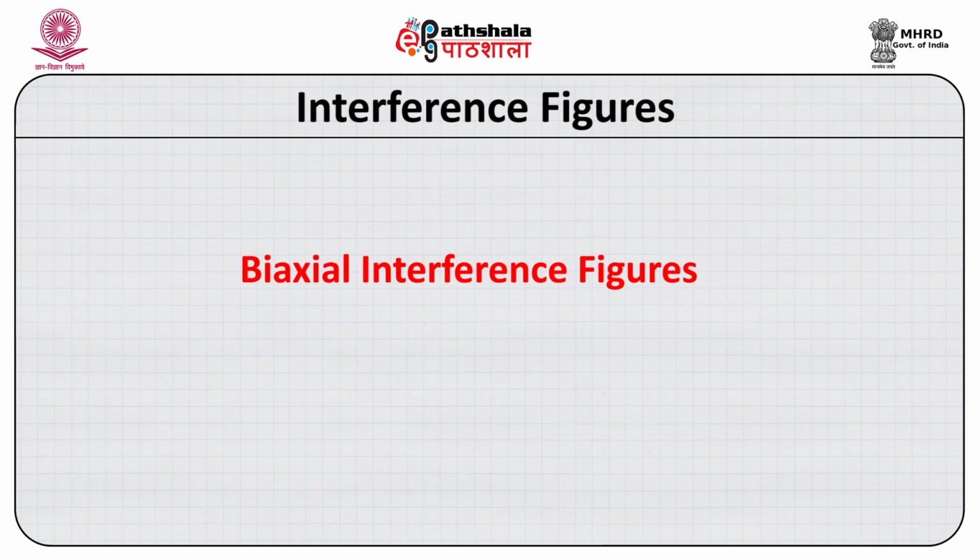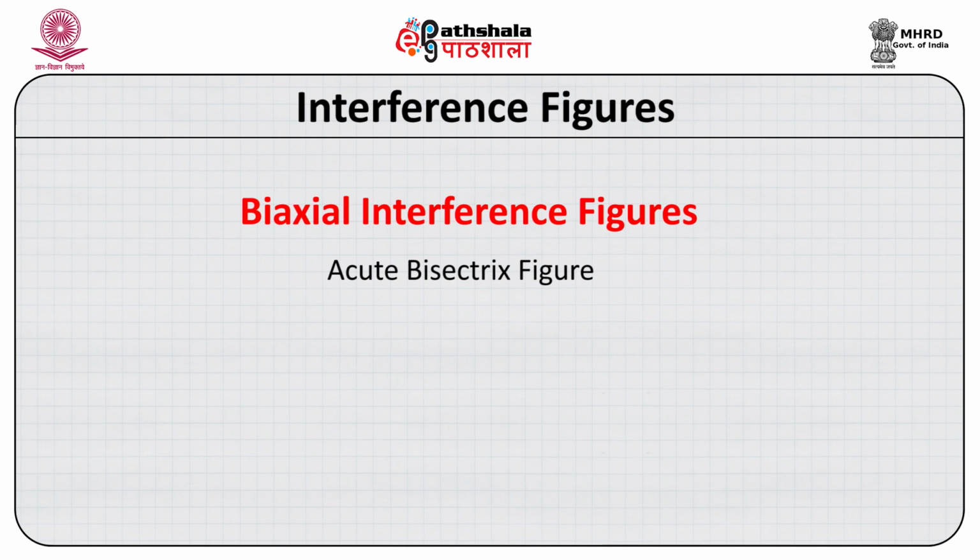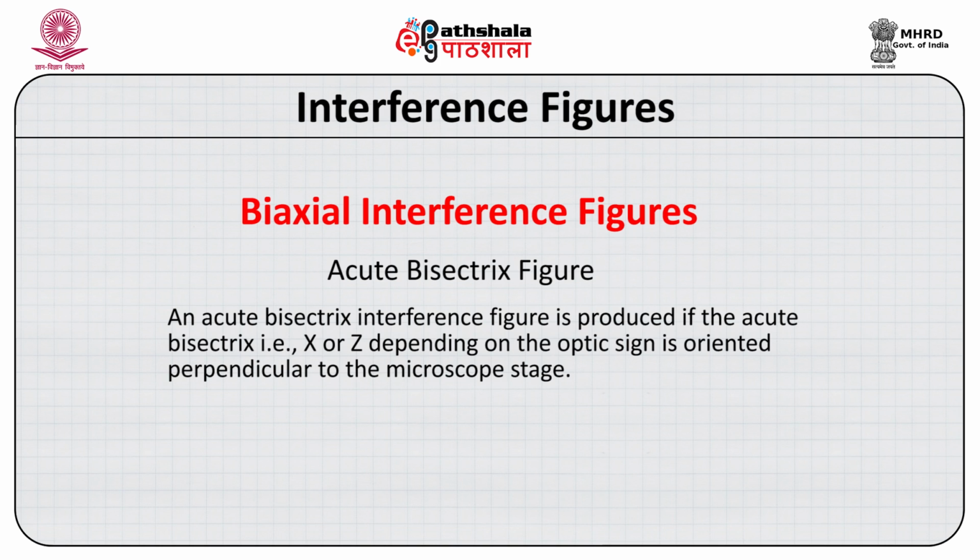The most prominent of the biaxial interference figures is the acute bisectrix figure. An acute bisectrix figure is produced if the acute bisectrix, that is X or Z depending on the optic sign, is oriented perpendicular to the microscope stage. Given that a mineral has an optic axial angle, denoted by 2V, less than 50 to 60 degrees,